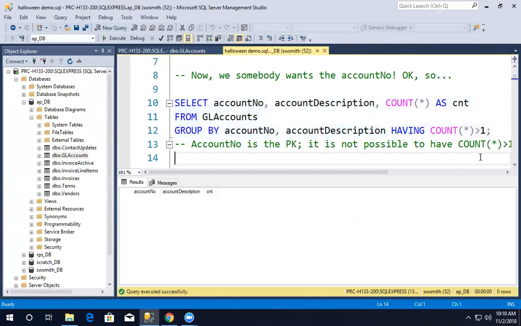Why am I getting nothing? Well, if you think about it, account number is the primary key to that table. So if I group by the primary key, how many things am I going to have in each group? Only one. It's unique. So it's not possible to have count greater than one. I will never get anything. The count descriptions are the same. Okay, to fix that,